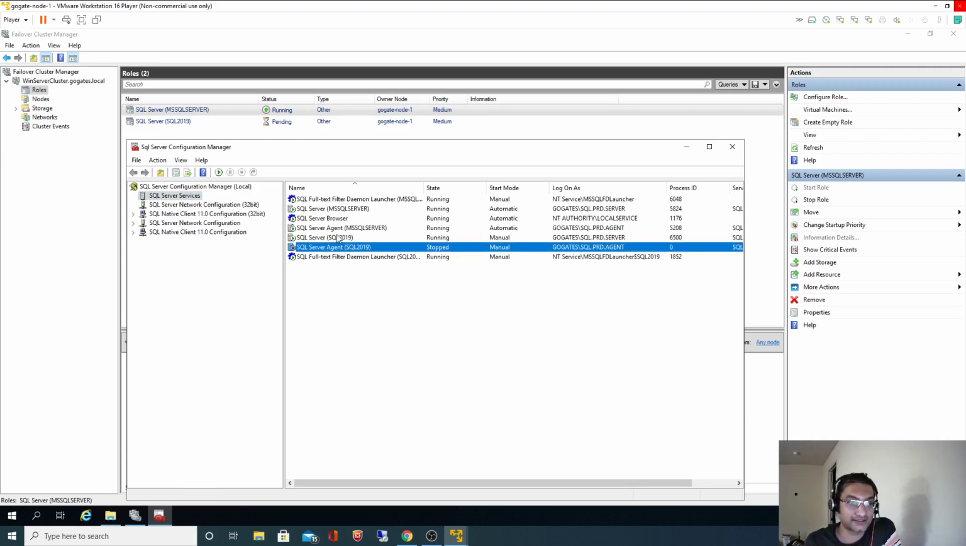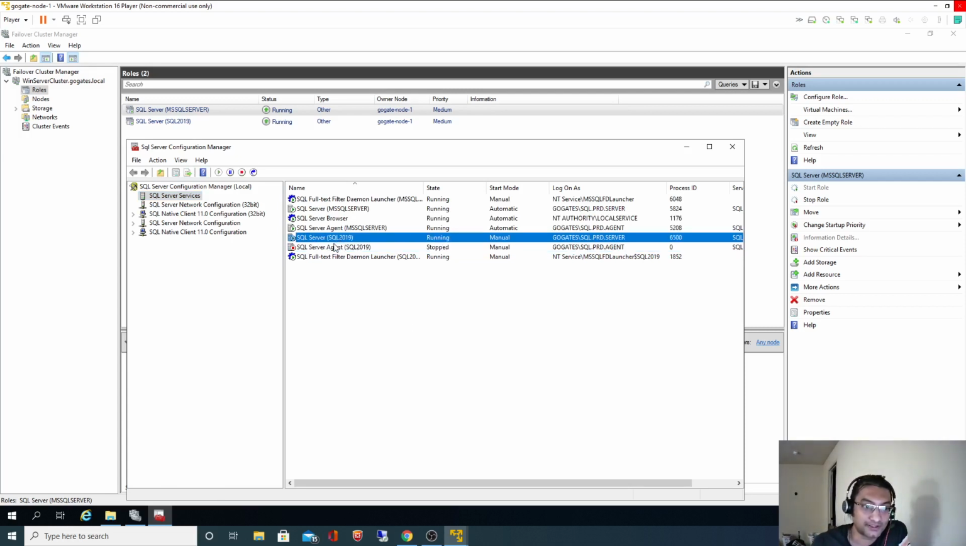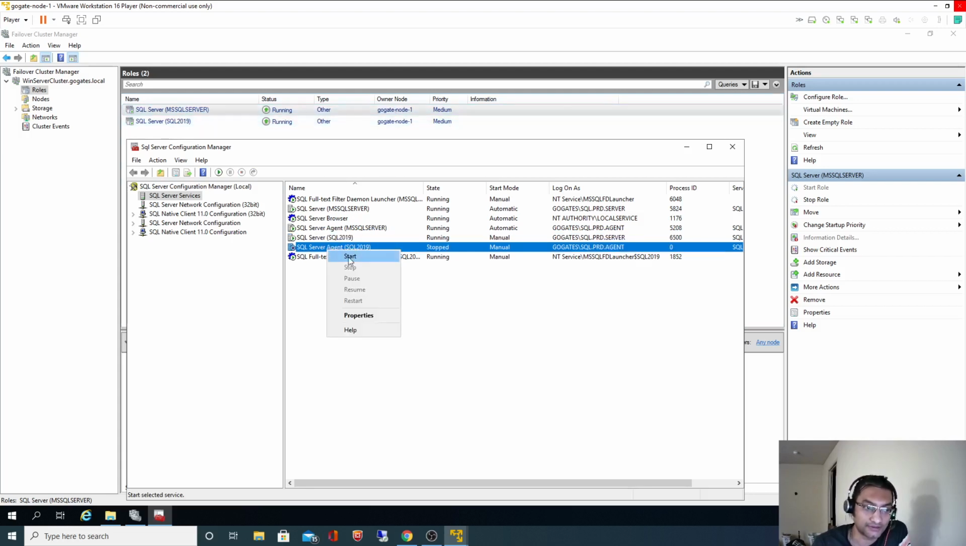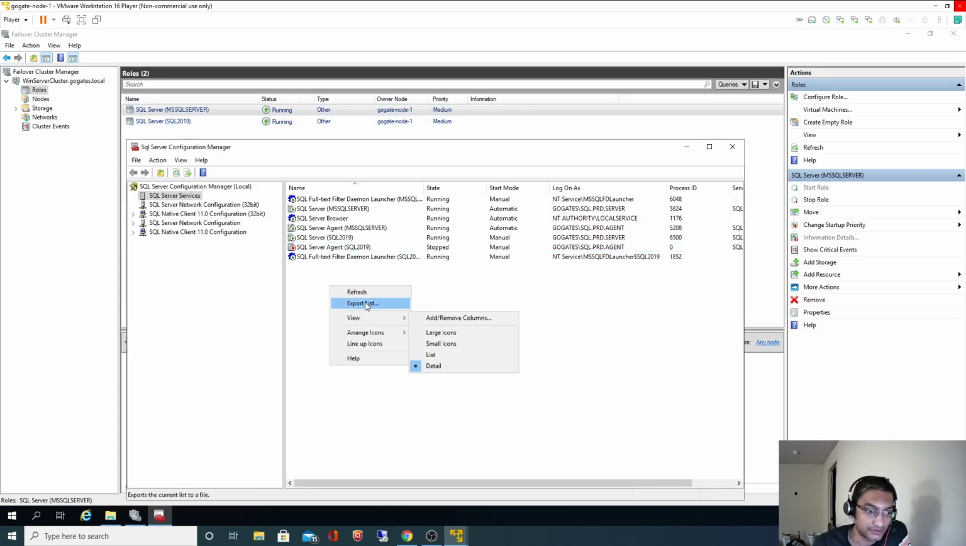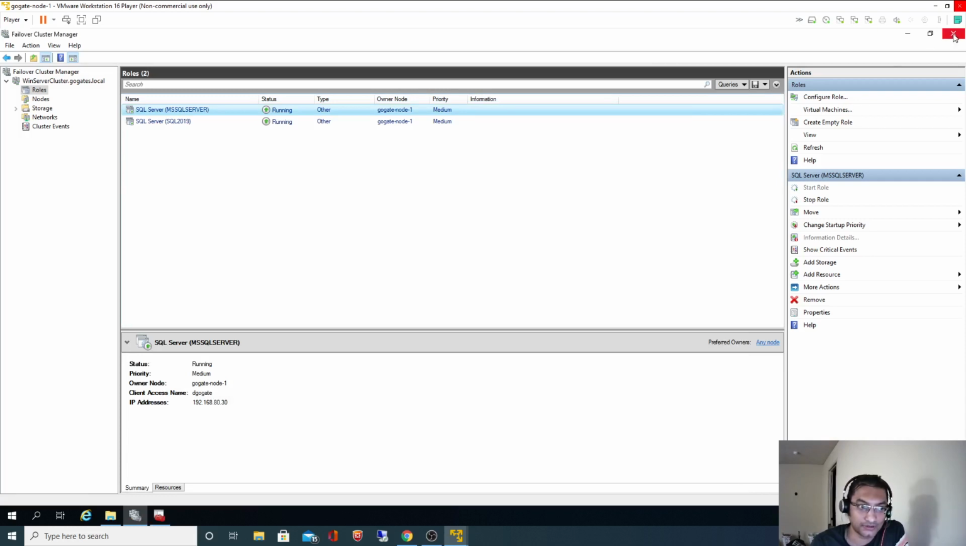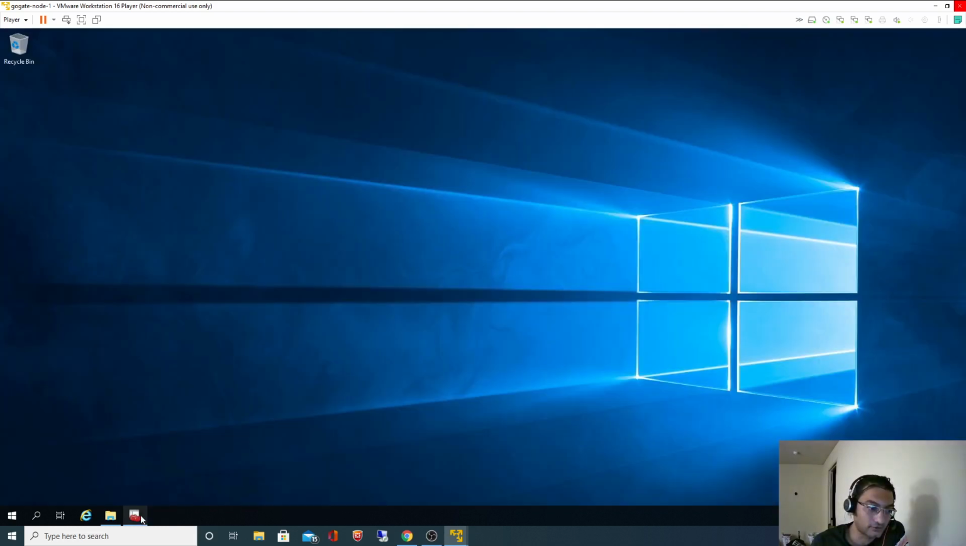Okay, as you can see, the SQL Server named instance service started. Both services are running now, and as you can see here, both instances are currently owned by Node 1. Let me start the SQL Agent services, since it is manual. Ideally it should start. I don't know why. Let me refresh this. Yeah, everything is running. All services are running, and we can log into SSMS and run the query